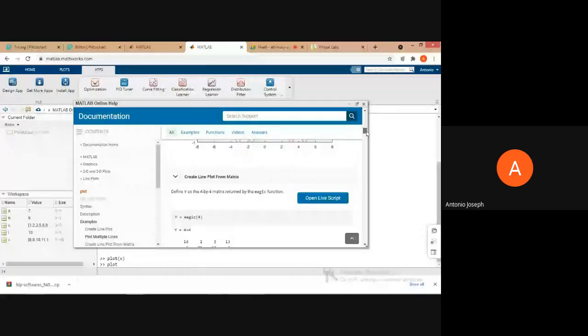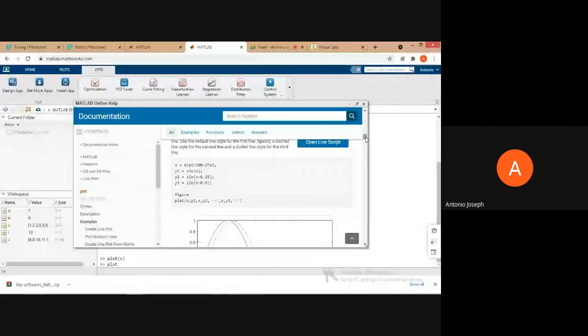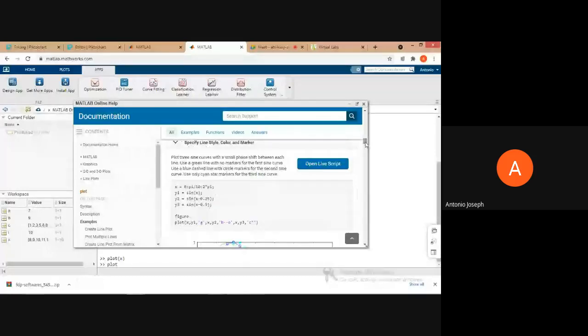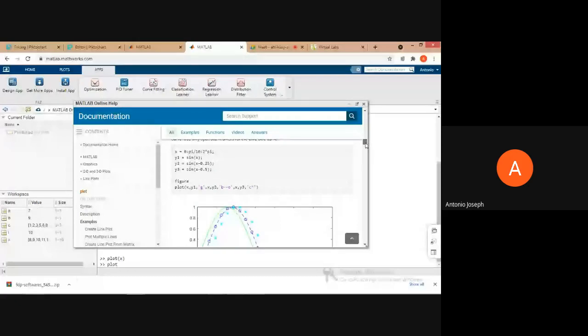Then how we can specify line styles, etc. is being shown here. See, the dashed lines can be created by using this, and colons can be given for creating the dotted lines. Then we can specify the colors and markers also. See, initially g is used for telling that the line of that particular graph should be in green color.